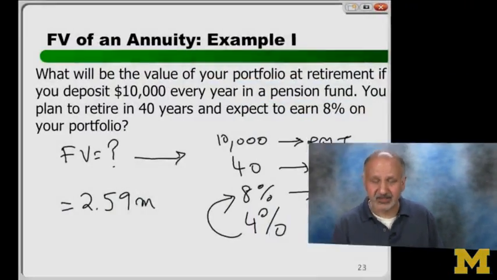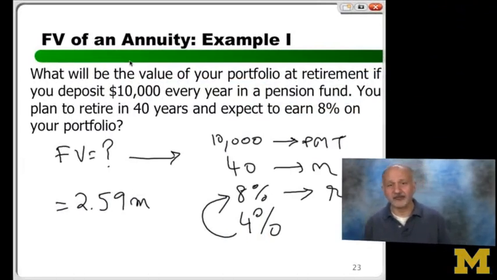But what will happen to the 2.59 million? Do this exercise for yourself. Let's, after this class is over, use 4% instead of 8%. And what will you see? A dramatic drop in the amount of money you have at the end. So why am I emphasizing so much in one little problem? Because that's what finance's beauty is. If you understand these problems inside out and you know how to use the Excel spreadsheet to calculate the answers, you've arrived.